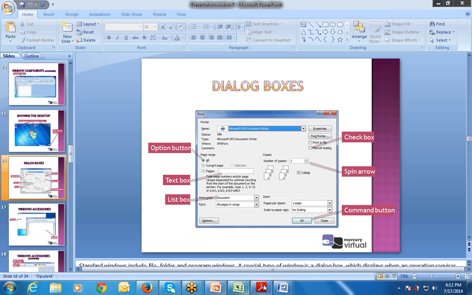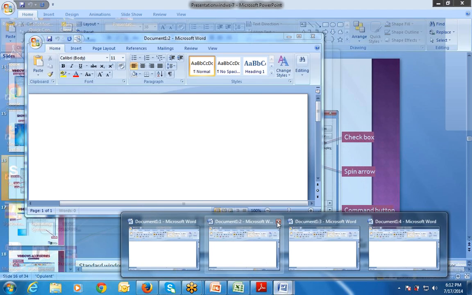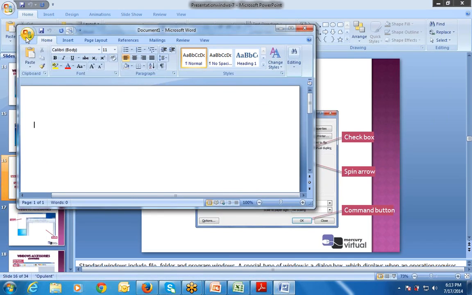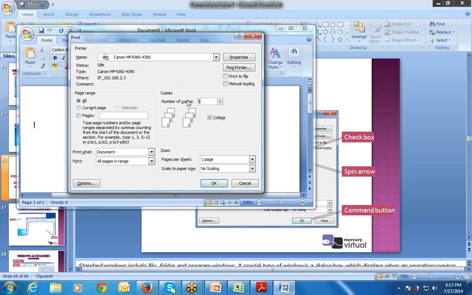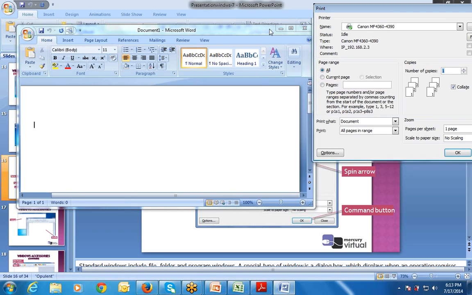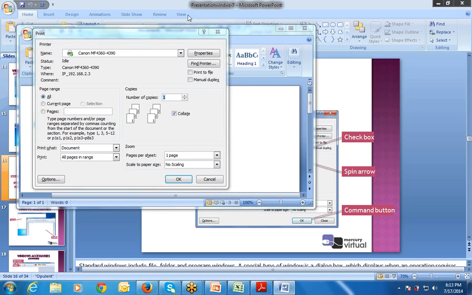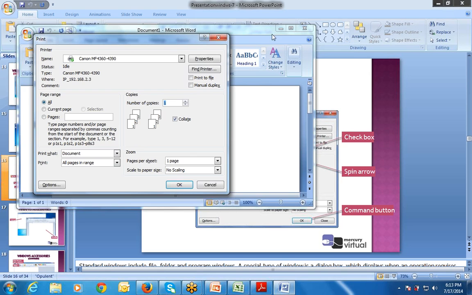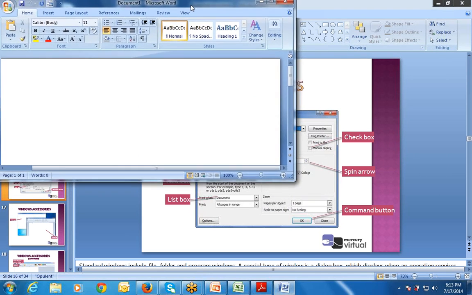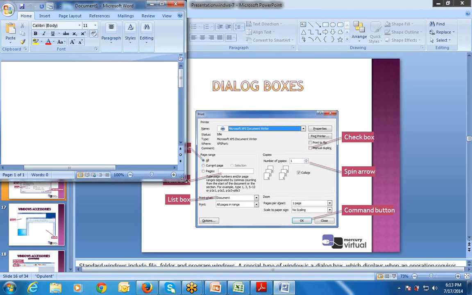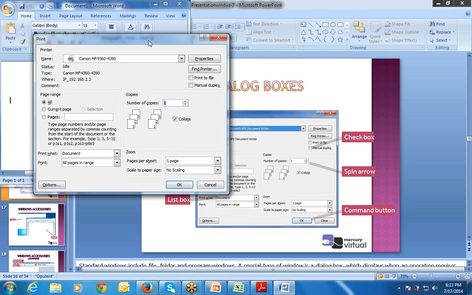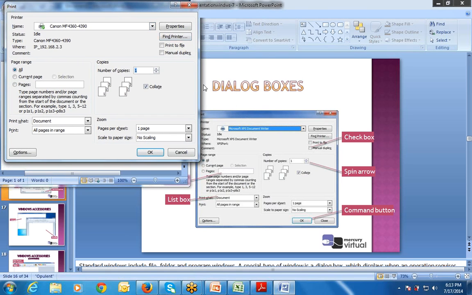Now let's see in a practical way. If I click on the print, a box will be opened. This is a print box.